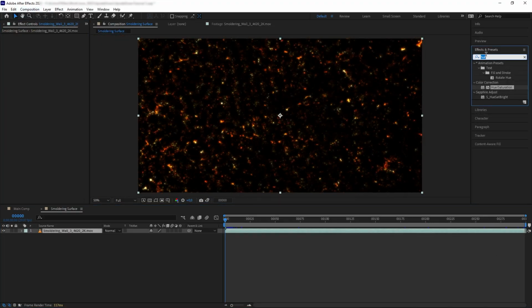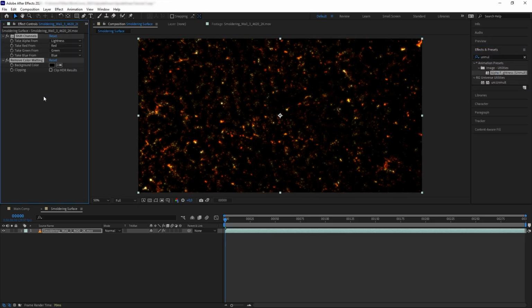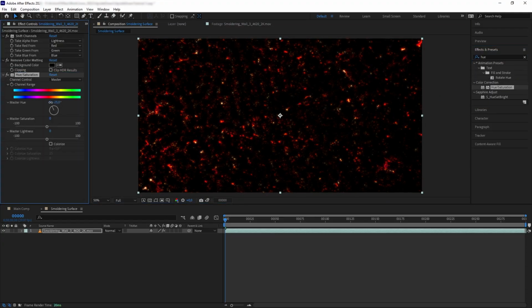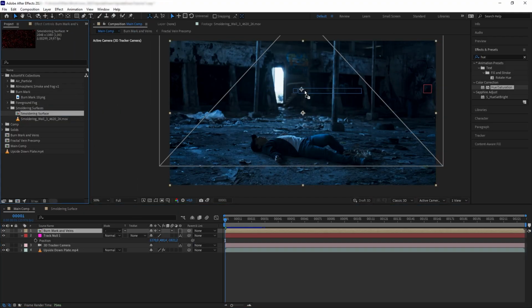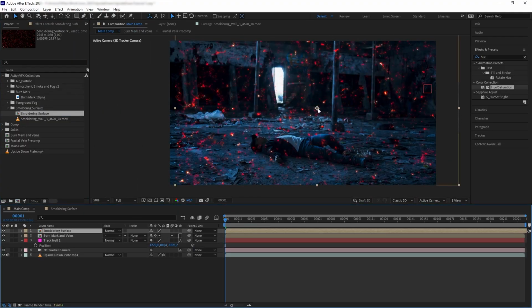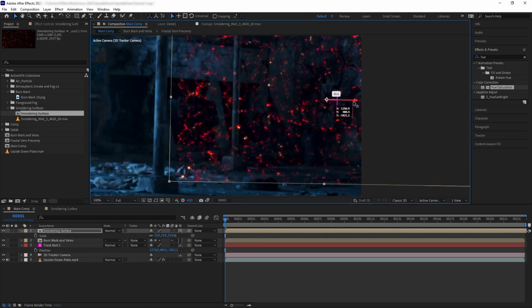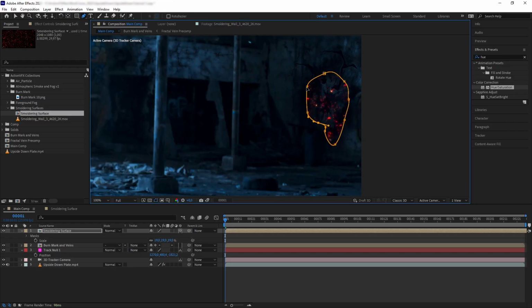And then let's remove the black background of the assets. So go to the effects and type unmult again, and boom, we have removed the black background. Next, let's recolor this, so add hue and saturation, and change the dial here to somewhere around reddish pink. And then let's go back to the main comp, and bring in the smoldering surface pre-comp that we just made. And then let's turn it to 3D, and position it once again. And then we want to draw a mask on our texture to create our portal.